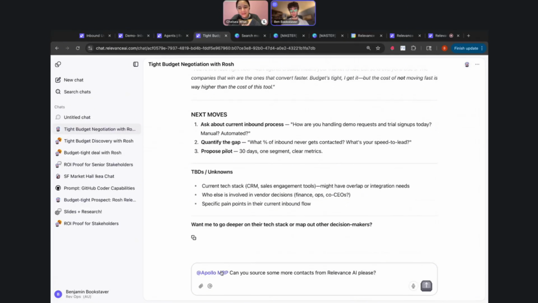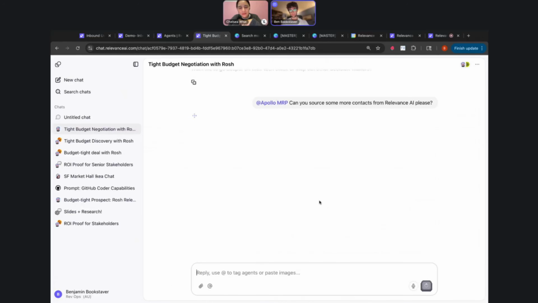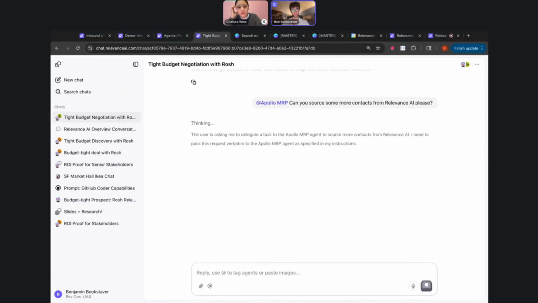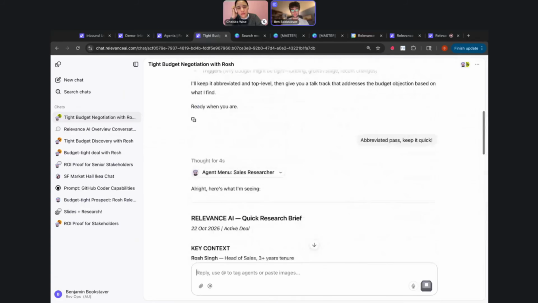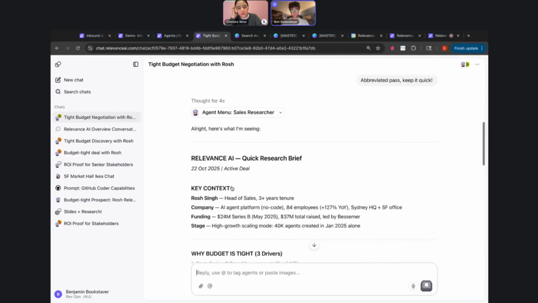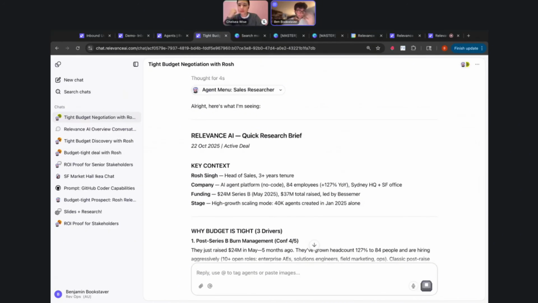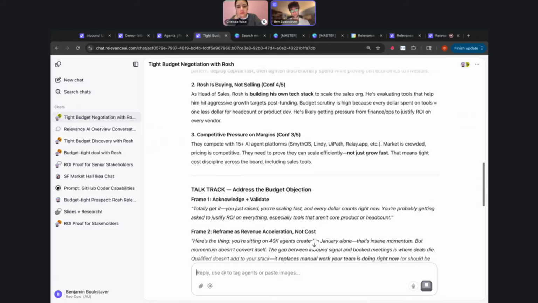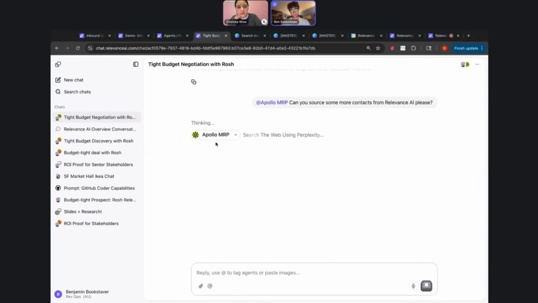This Apollo MRP is an agent that we made internally that connects to our Apollo and uses the Apollo API to enrich contacts from whichever company you request. And you'll notice that now the context switches, right? We had the agent sales researcher say, okay, we're now researching this topic. And now we're diving into the Apollo piece here.